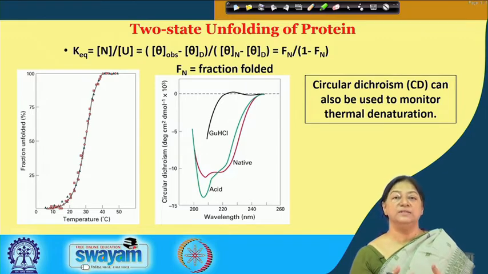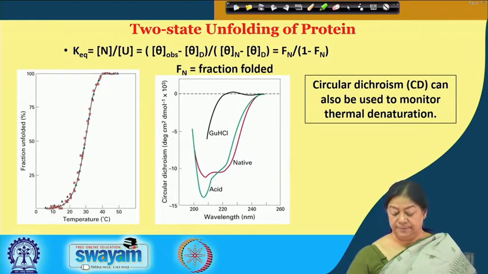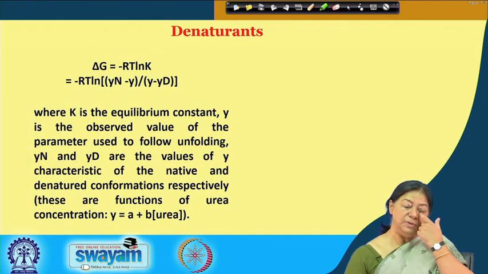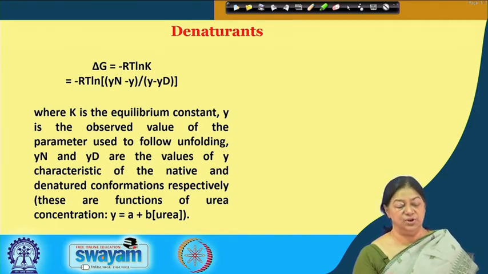So, whether we are looking at secondary structure changes, or overall changes related to the viscosity of the protein, the CD, the UV absorbance, or the fluorescence intensity, there will be some such measure that will tell us that the protein is getting unfolded. And it is this measure that we will use to determine how we can calculate the delta G of unfolding.